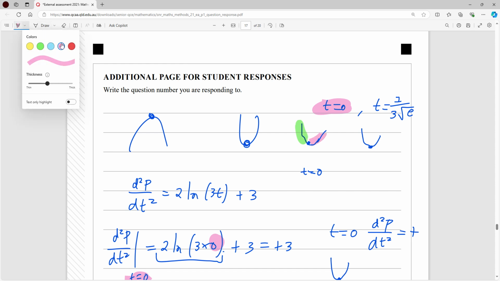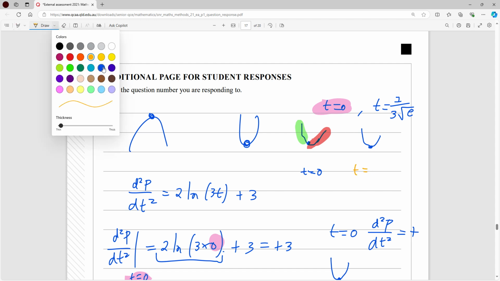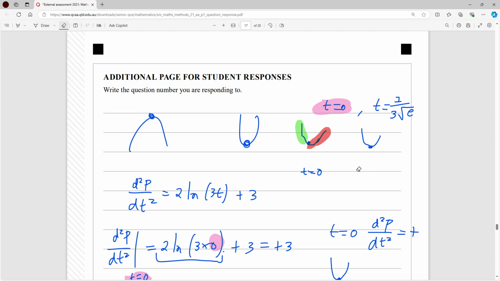Oh, so we won't use that color because that's already there. So this is how I would answer this question here. Because at t equals 0, it looks something like this. And when t equals, why did I use that color? Oh, it just must have defaulted to that. So when t equals